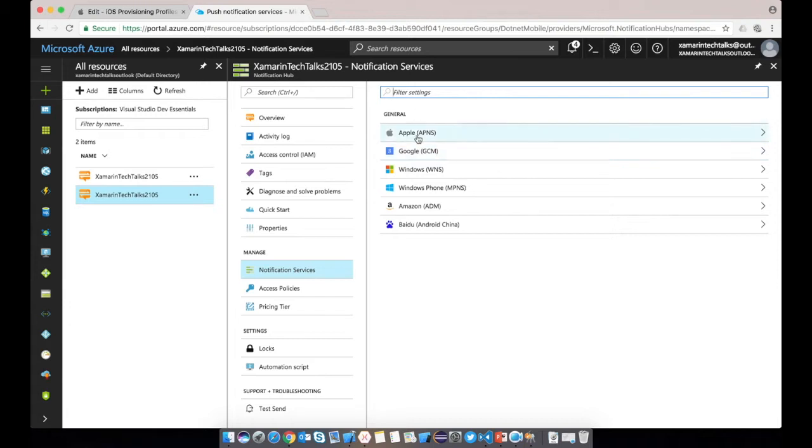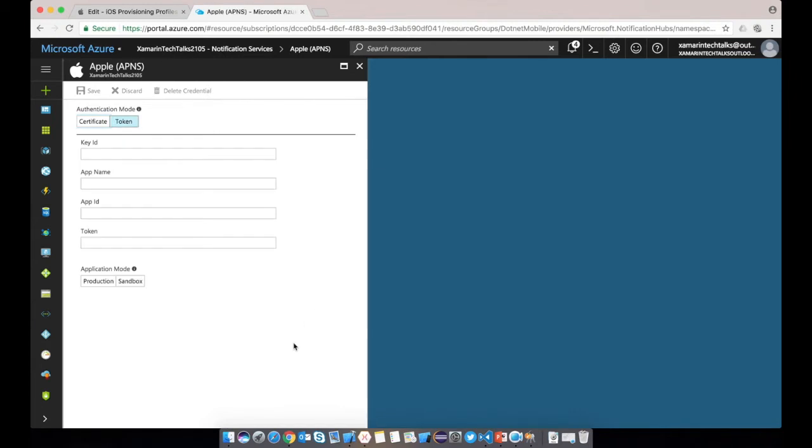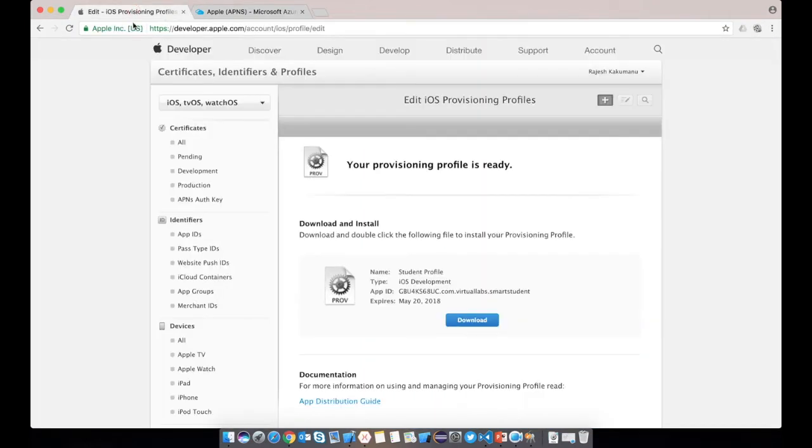And we are just clicking on Apple push notification service. Here there are two authentication modes. Either you can deal with a certificate, or you can deal with a token. In the developer portal also you can create it in such a way that I'll just go to the developer portal,